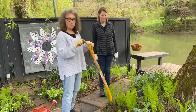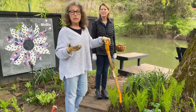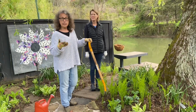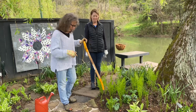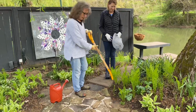That's the best thing about perennials. They will always be able to be divided, and you can give them away. If you have a plant swap, you can put them in pots and give those away to your friends and neighbors, or you could sell them if you wanted to. But today they're going to be going with Sue, and the first thing we're dividing are my ostrich ferns,